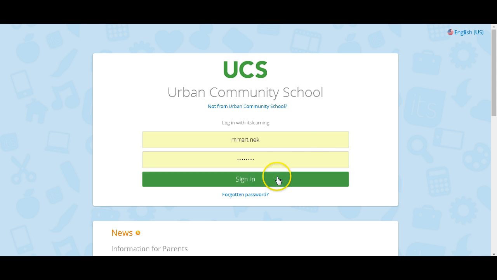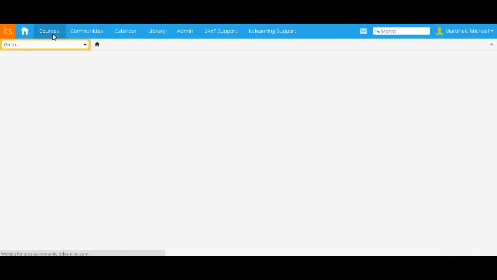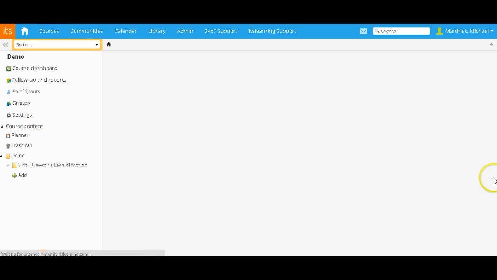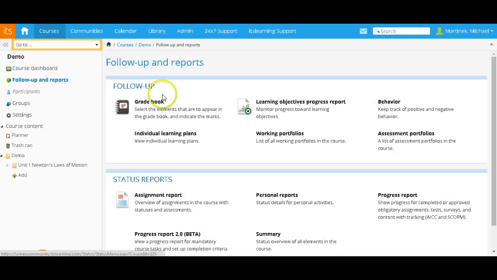So you're going to log in, and we're going to navigate to the gradebook. To do that, we go to Courses, and then we select the course. I'm going to select the demo course with the assignment that we just created in the other video, and I'm going to go to Follow-up and Reports. I'm going to click on the gradebook,